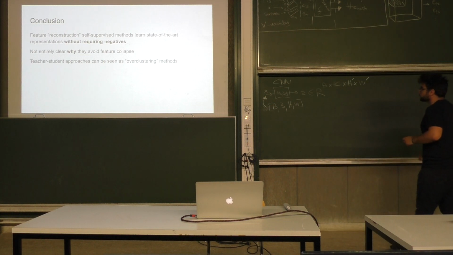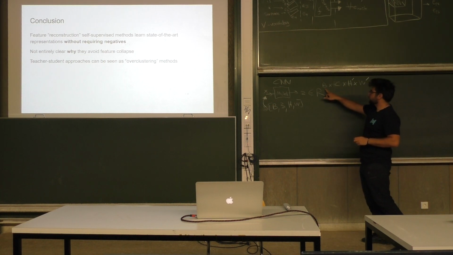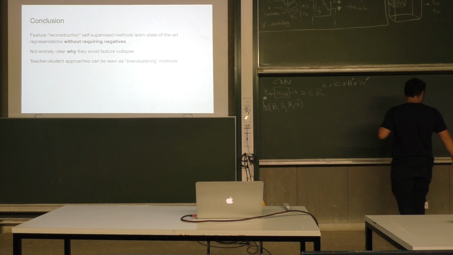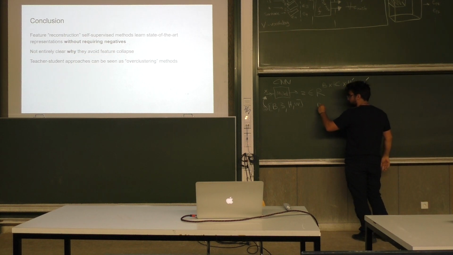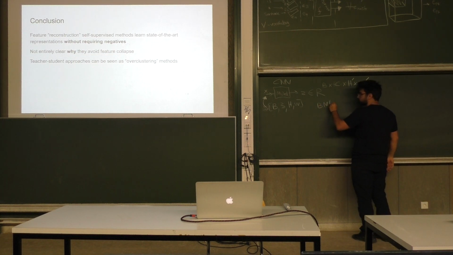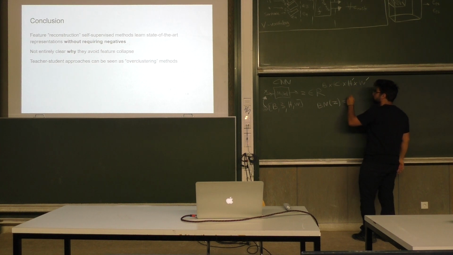Okay, how do we leverage batch information for batch normalization, and what does it do? So batch normalization of Z would be